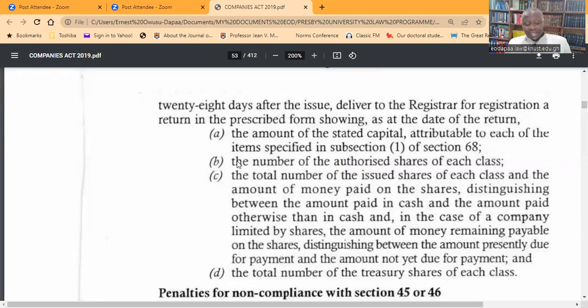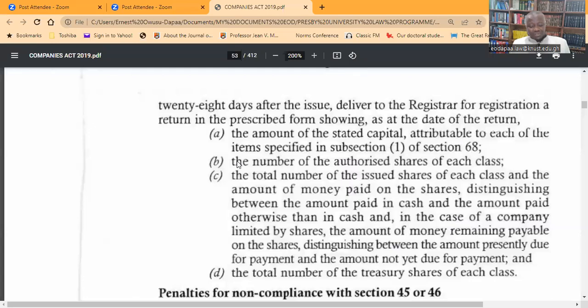But the exact statutory definition of treasury shares is in section 61. Section 61, we will get there and discuss it. But just as I have indicated, basically, shares which have been issued before and have come back to the company,